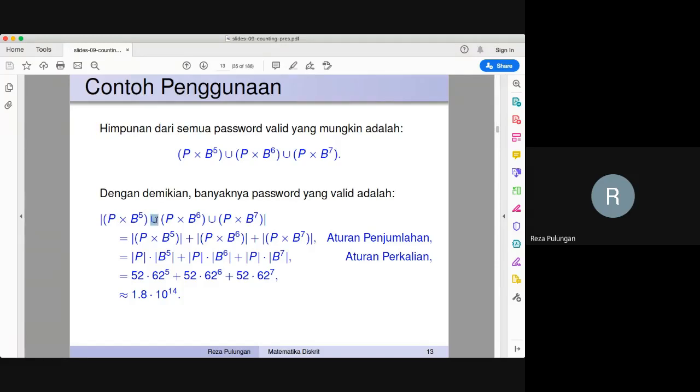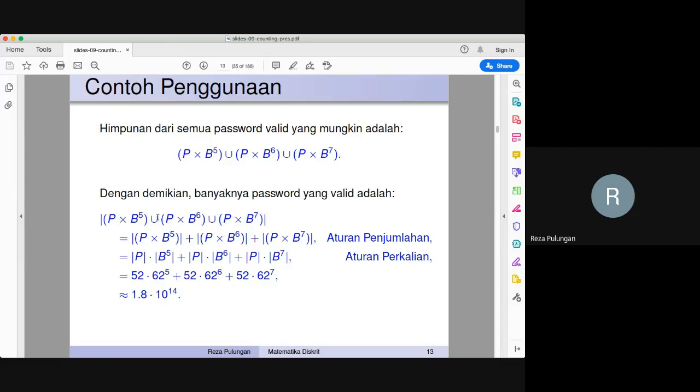We look first at the union, because this set is disjoint from this set and disjoint also from this set. They must be disjoint because this just contains 6 symbols, this is 7 symbols and this is 8 symbols. It must be disjoint.